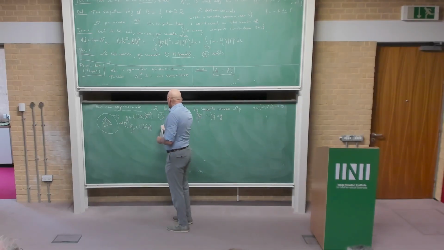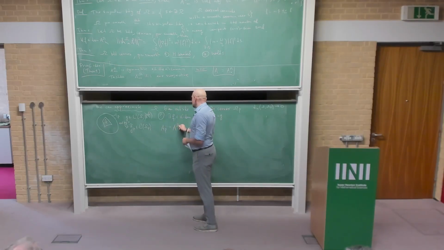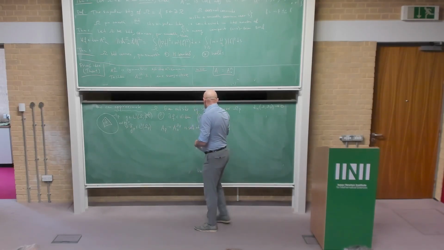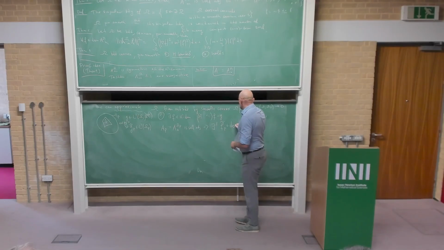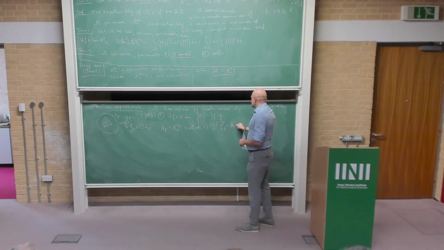Now we know that the operator A_p, which is A_{Ω_p,0}, is self-adjoint. It means that there exists a unique vector f_p in the H1 domain on Ω_p